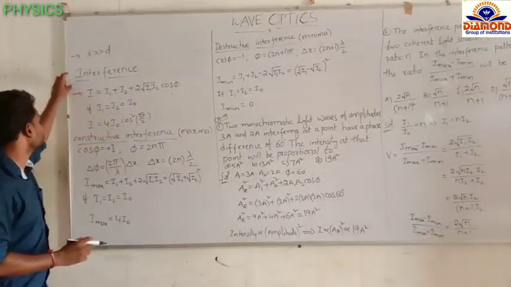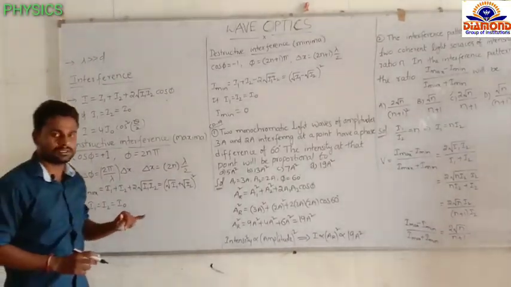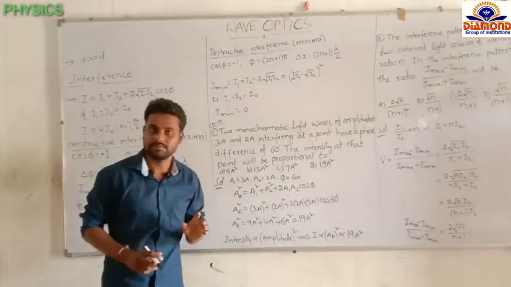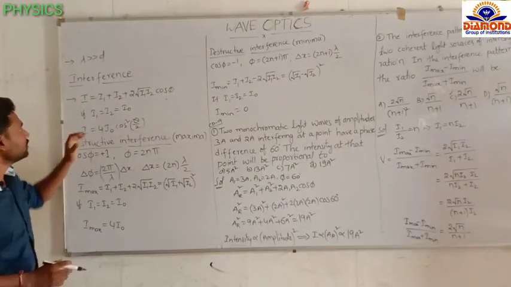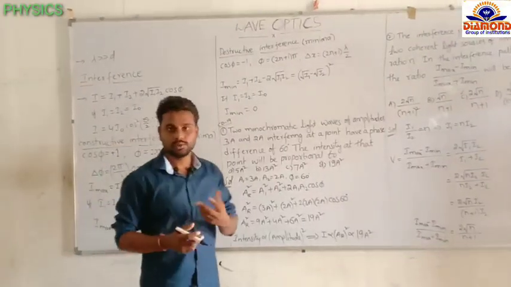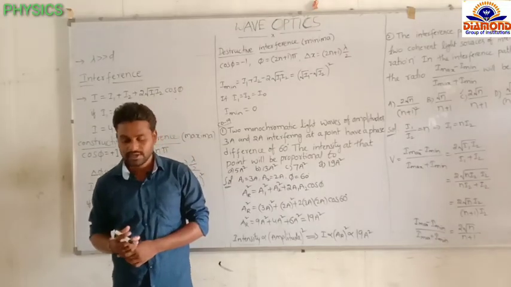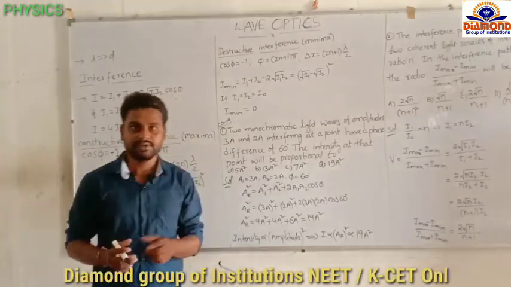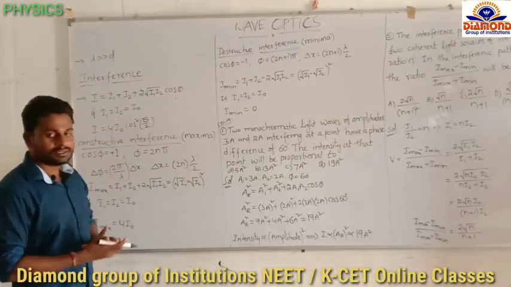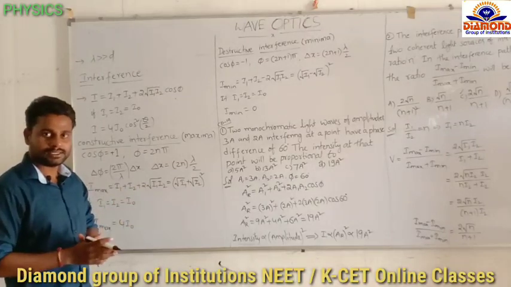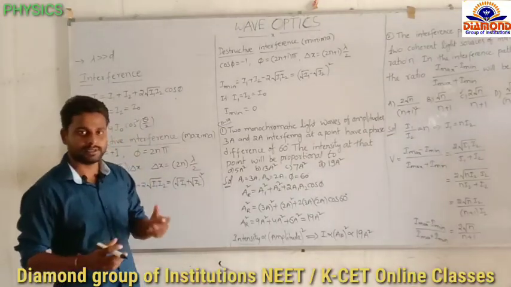The first topic is interference. In wave optics we will discuss the interference, diffraction and polarization properties of light. Interference is when two waves which have the same frequency and nearly the same amplitude, but differ by some phase difference or path difference, result in interference. Interference is a distribution of energy, so it is based on the law of conservation of energy. Remember that point also.